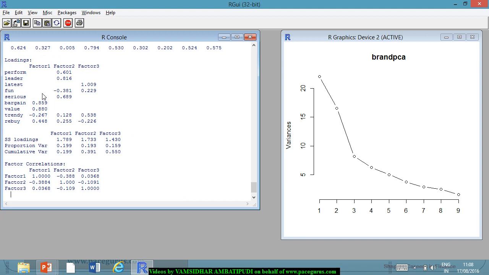Now you could see some of the variables are gone altogether, right? Only bargain and value have a very big weightage. Here also the leader and serious have a very big weightage. Not too many variables are present now. Here I could see that the latest is having much bigger weightage. It's even crossing 1. So the clear-cut difference between the variables loading onto the factors will come out,